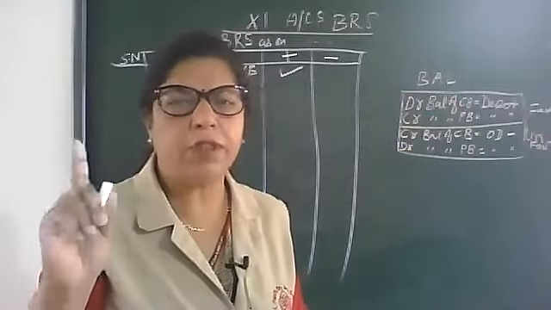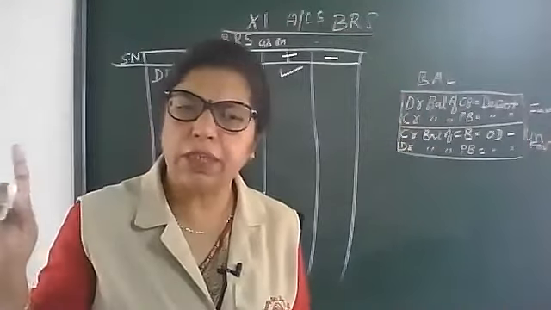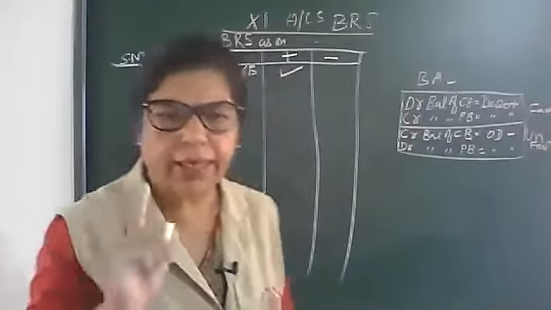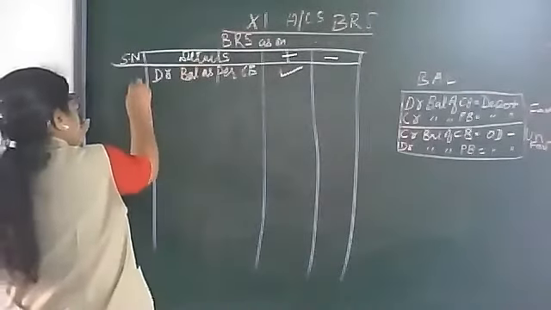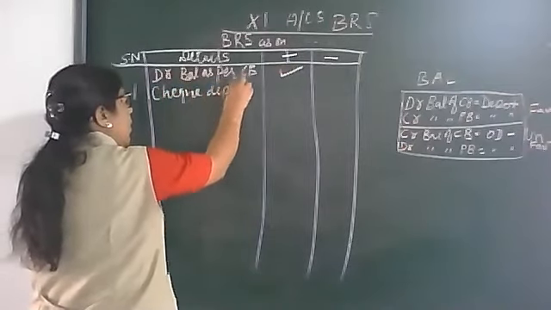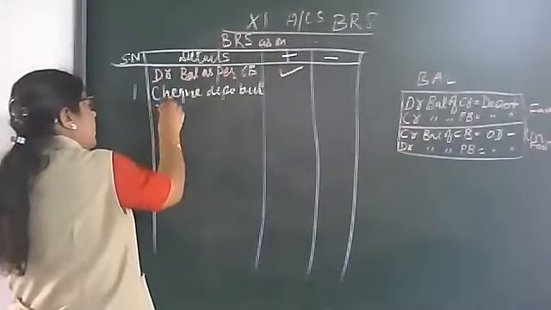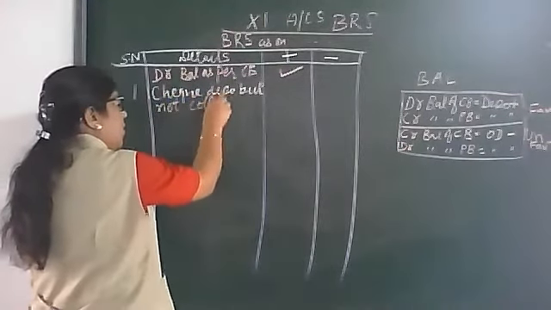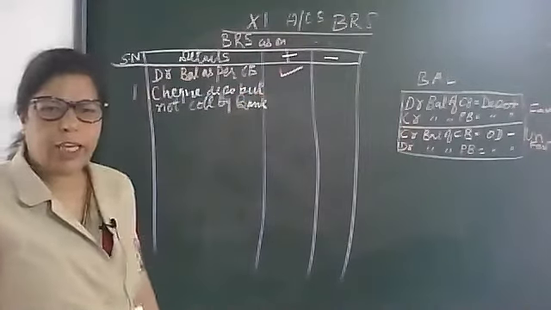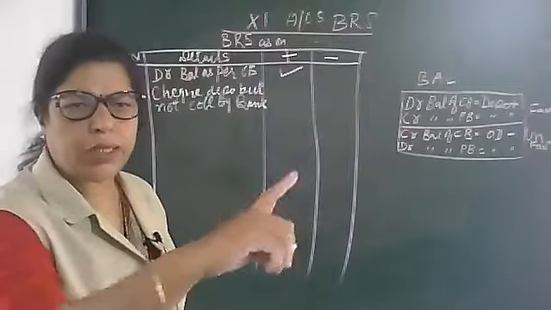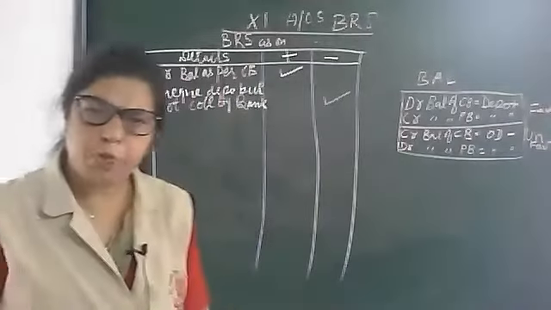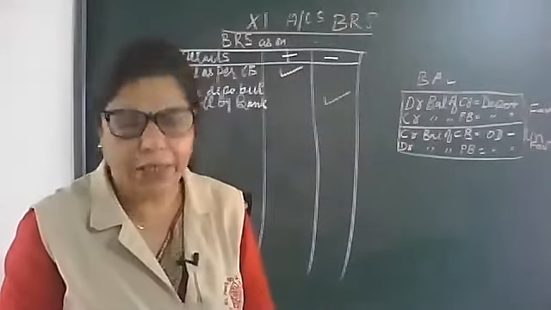because that is favorable, that is plus, meaning your balance is deposited in the bank. Now one by one, each reason which I explained earlier, today I am going to explain again. Check deposited but not collected by bank, it means minus, because the bank has not collected your money.